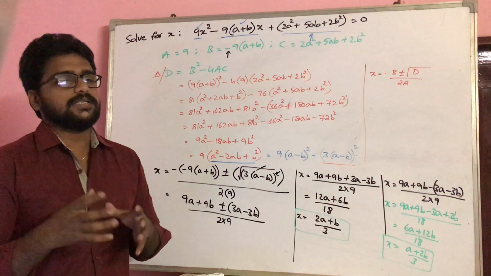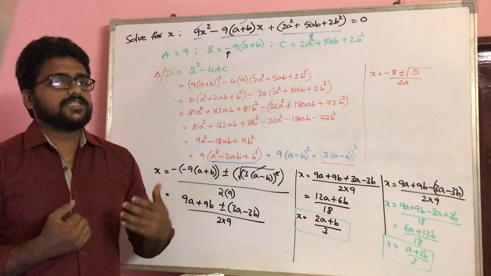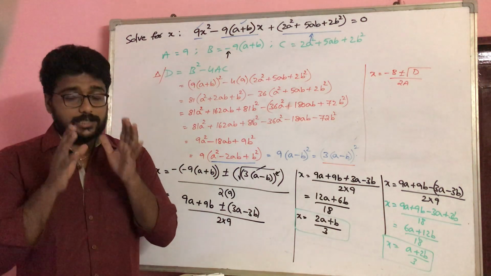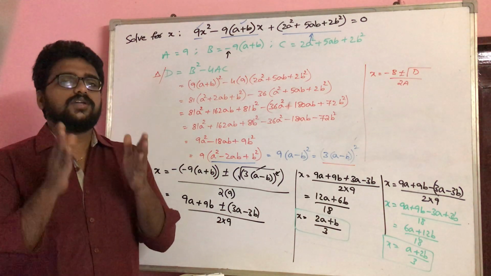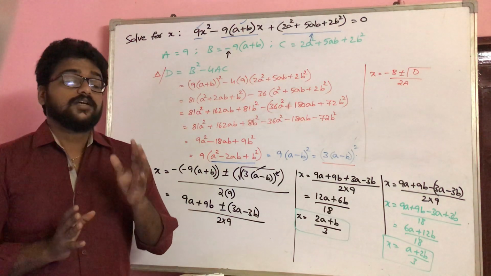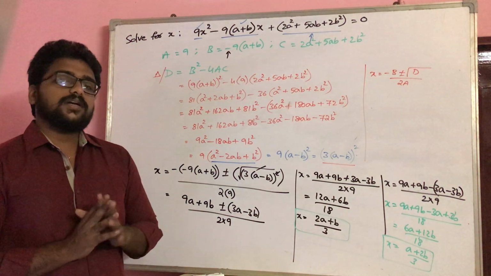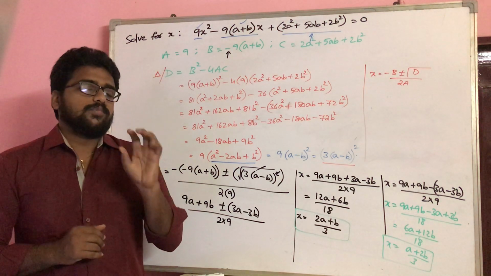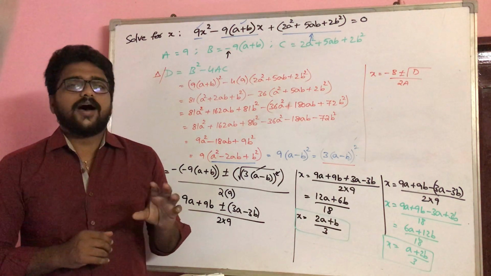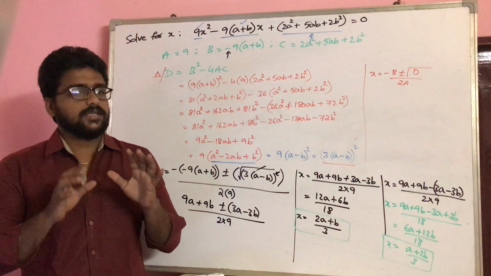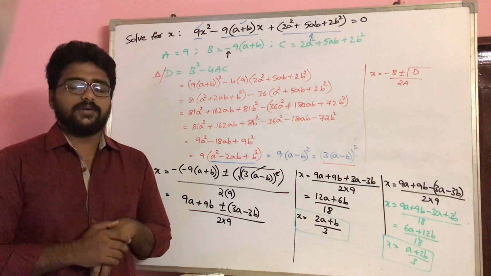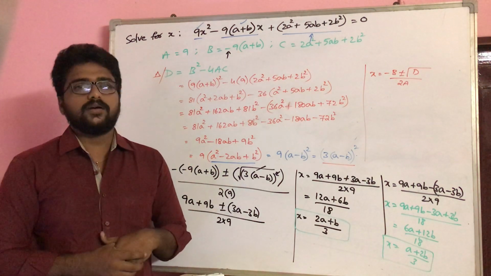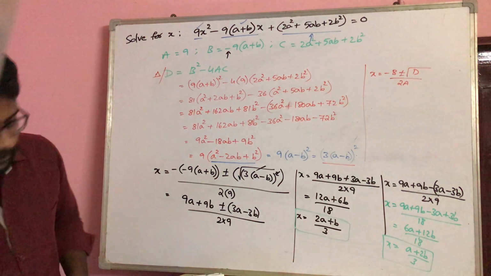If you don't have much time to do the method of completing the square or factorization, you can go ahead with quadratic formula. But if they specify a method, please go for only that particular method, because once they specify a particular method and if you are still using any other method, the board won't allot you even a half mark for that, because the procedure or approach itself is wrong. They asked you for some method, you followed another method, so they won't allot any marks. So please keep this point in mind.